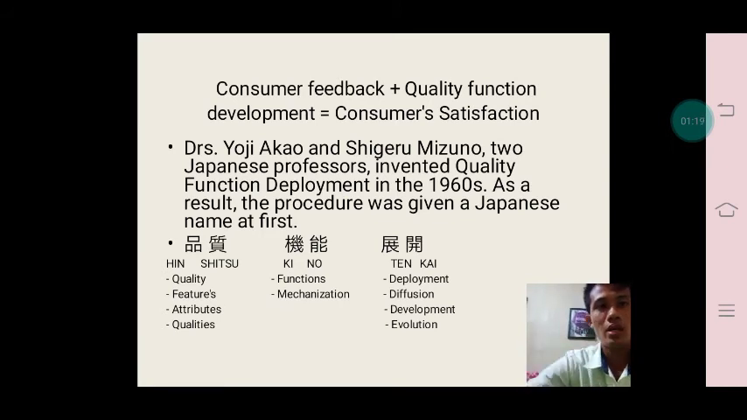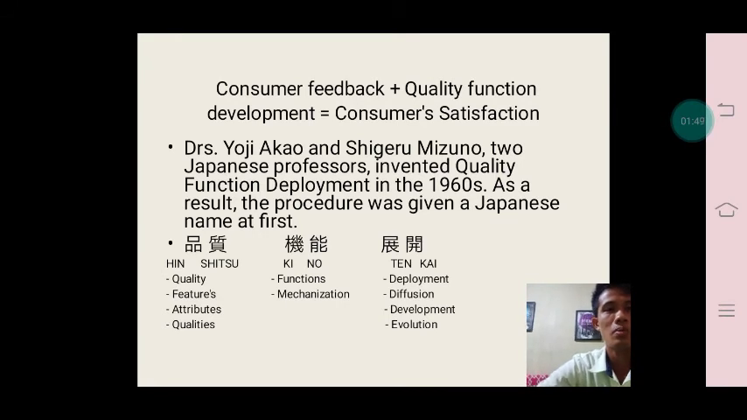So as kanang given na nadaan nga quality function, makuha na nga basta na quality ang usa ka product or usa ka development, given na daan na ang satisfaction sa mga consumers. So padayon ta basa. Dr. Yuji Akao and Shigeru